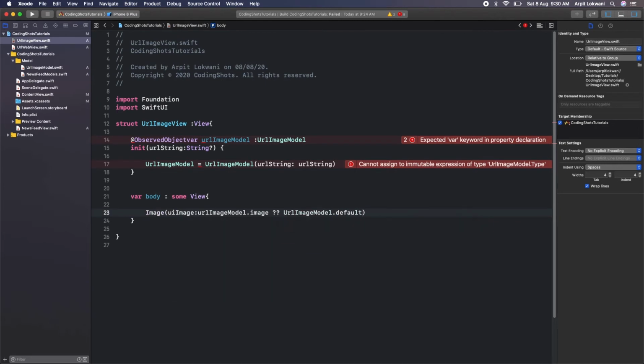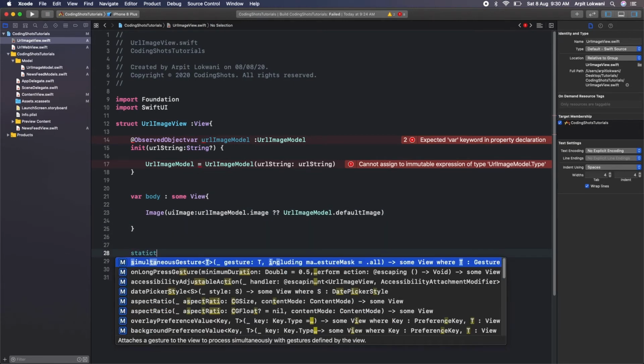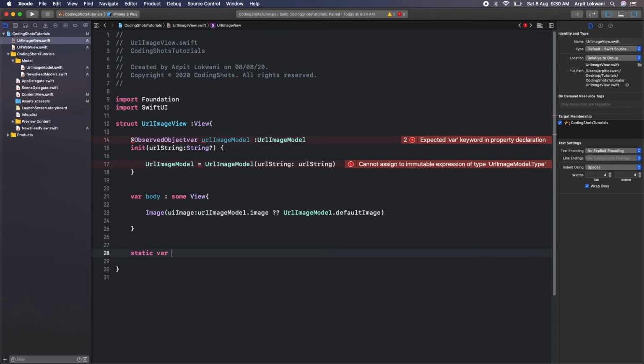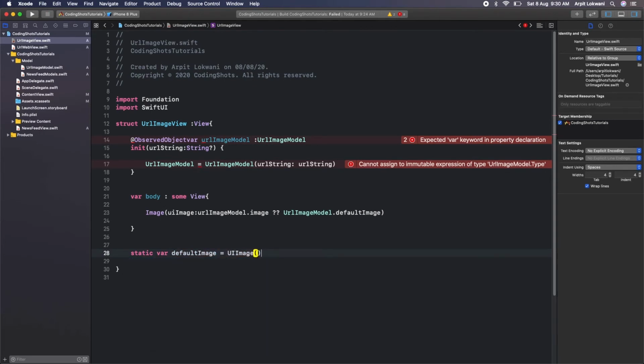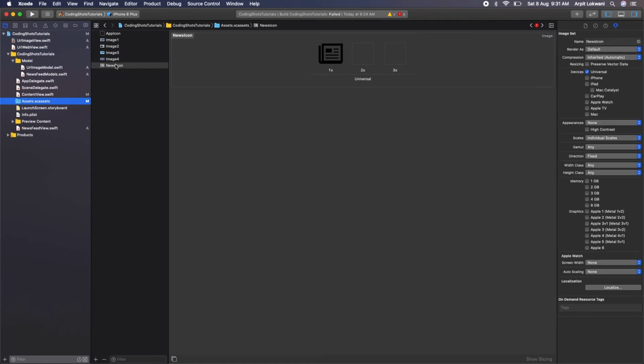So I'm putting that, and now we can create one static variable, default image having UI image, and the name should be, I don't know, I need to check that. Okay, in my assets it's there actually. I have multiple images, so I can say news icon.